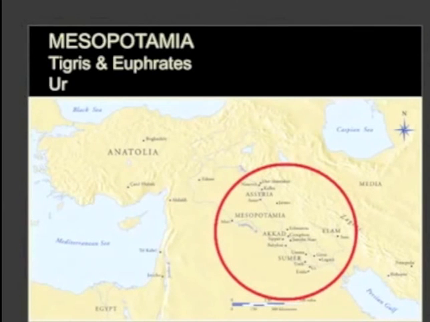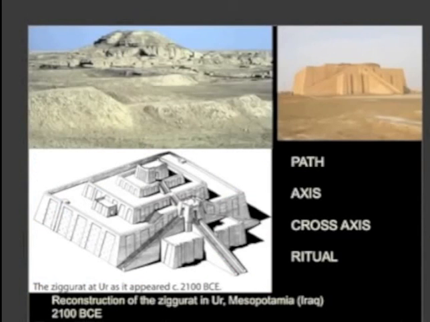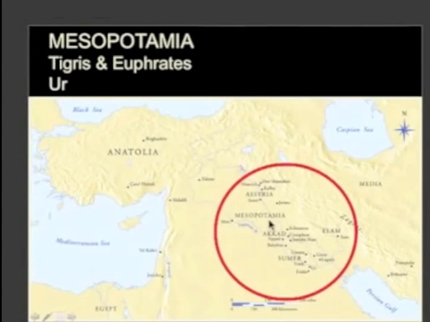2100 BCE. BCE, which we write down here, means before the Common Era. And often if you're speaking about examples that happened really a long time ago in parts of the world that aren't particularly locked into the trajectory of Western civilization, it's more useful to say BCE, before the Common Era, than BC. But they mean the same thing. So we're looking here at Mesopotamia, the crossing of the Tigris and the Euphrates, cradle of civilization over here, and particularly the city of Ur, which is right down here somewhere.